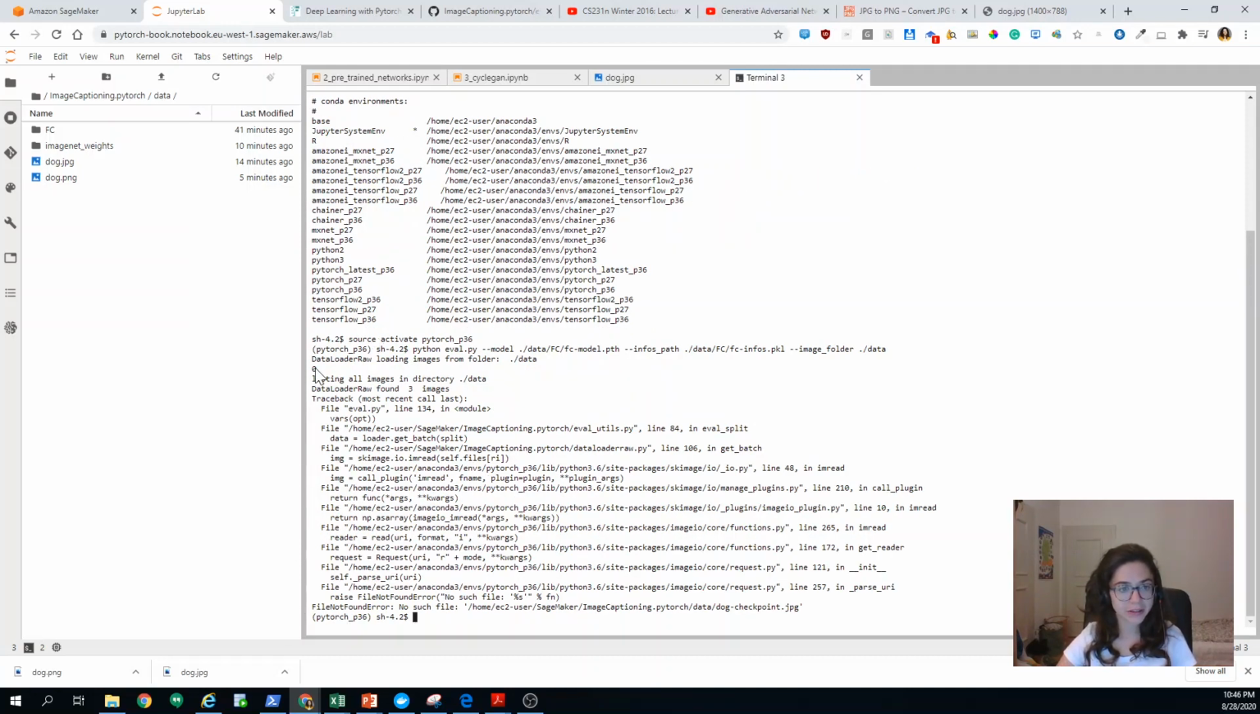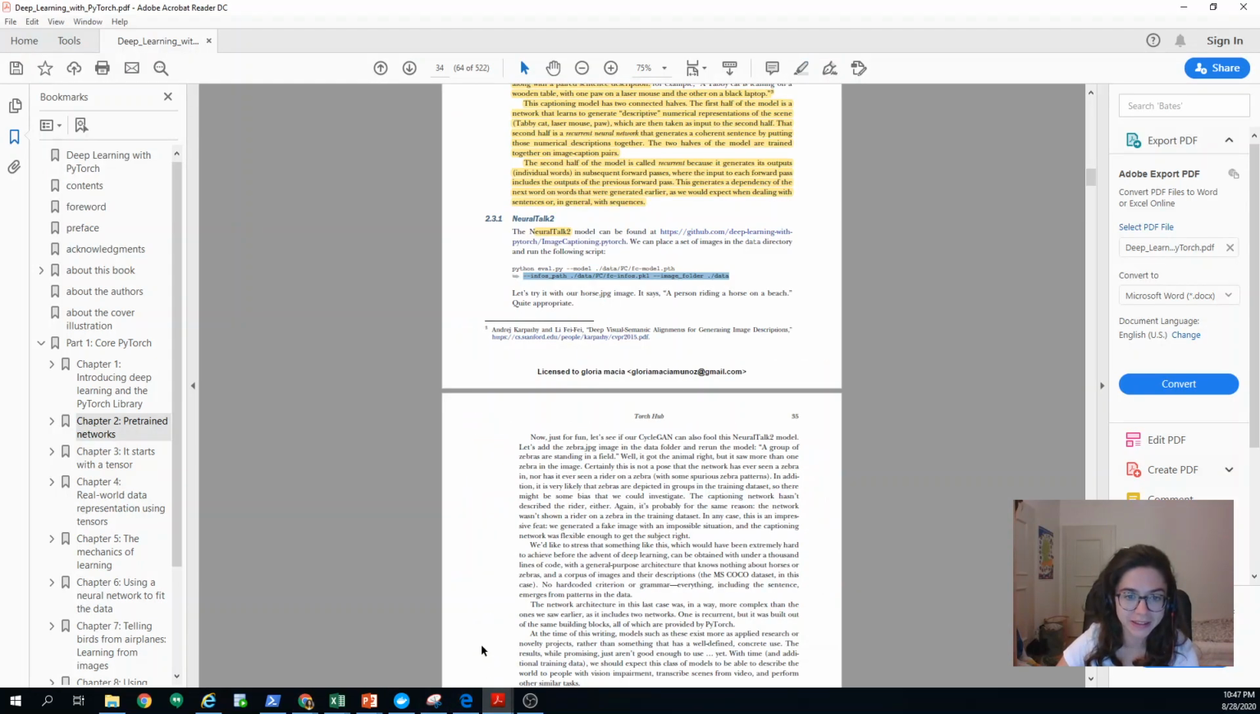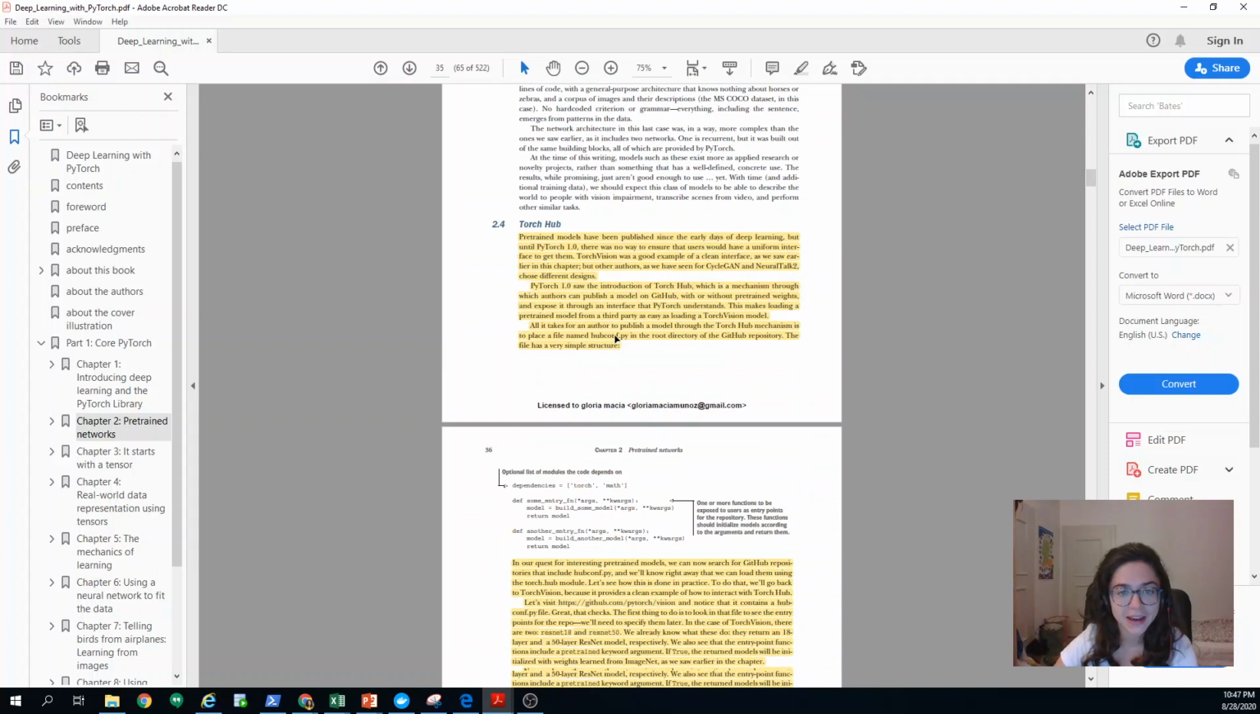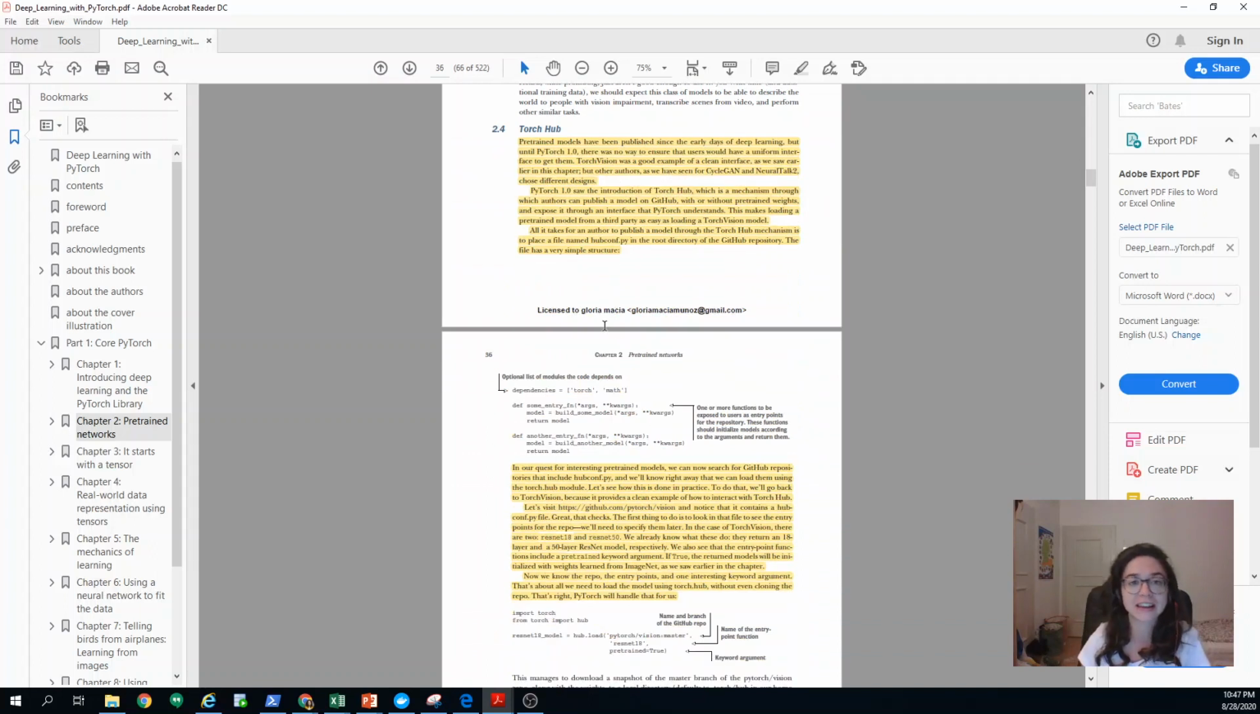But instead, I'm getting this weird error, as if no images were found in this directory. And I looked at it for like 10 minutes. Honestly, guys, I don't get it. So if somebody knows, just please let me know in the comments. What I'm going to do now is just skip that part and explain Torch Hub, which is the last section